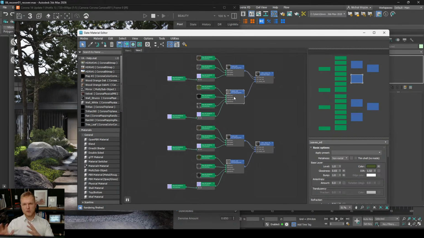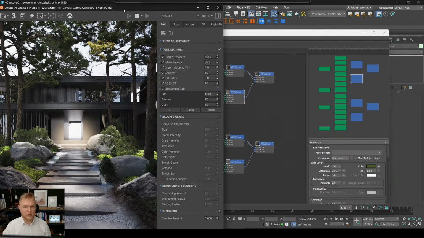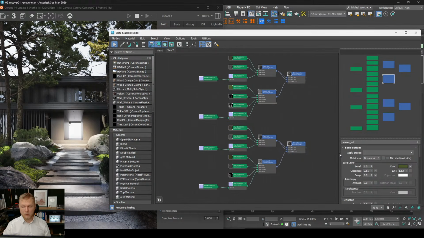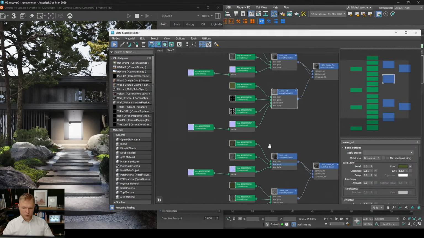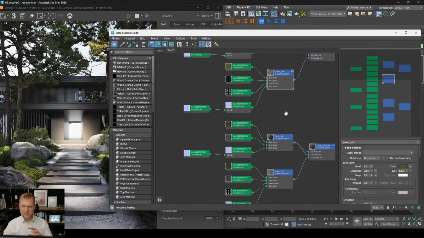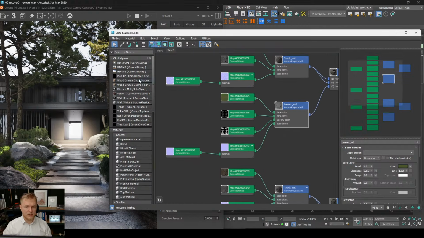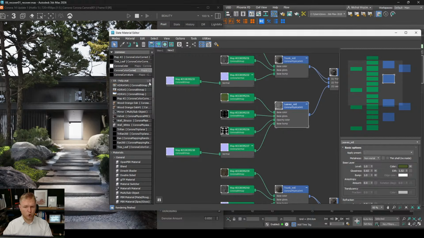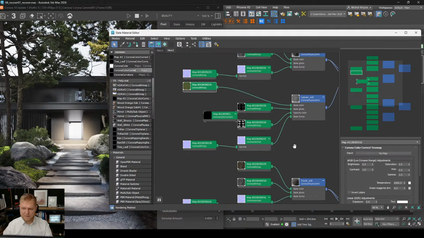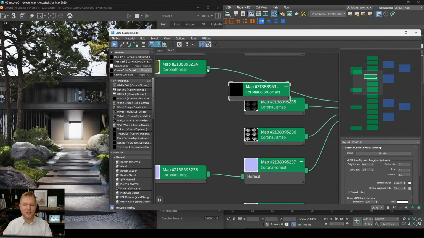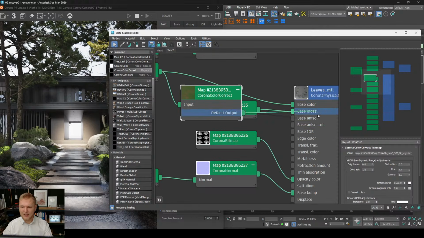So here I'm going to give you the recipe for most of the downloaded trees. Those materials on those pine trees are good, and there's nothing to say about it. So whoever made it, congrats. It's part of the good assets of Corona, Chaos Scatter, Corona Color Correct, and here we go. We've got our bitmap, and we just want to make sure that we add this in, and we now go for the